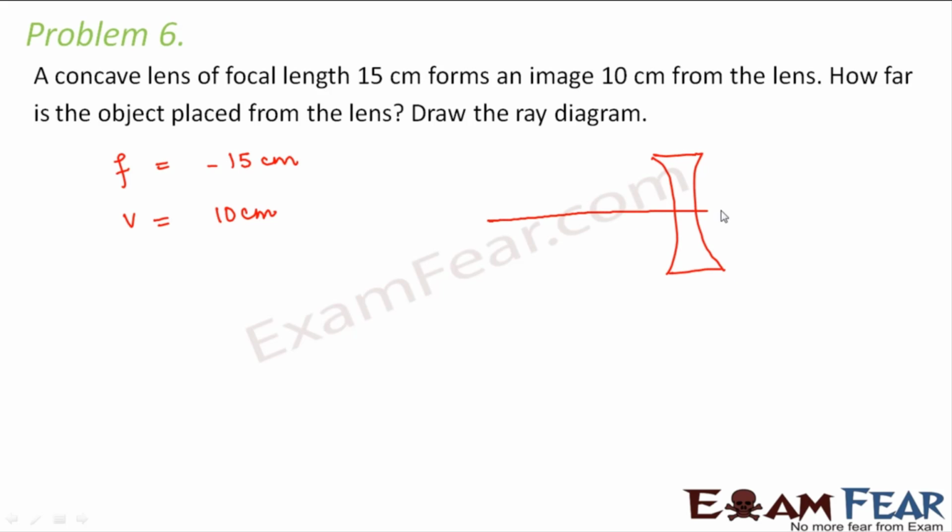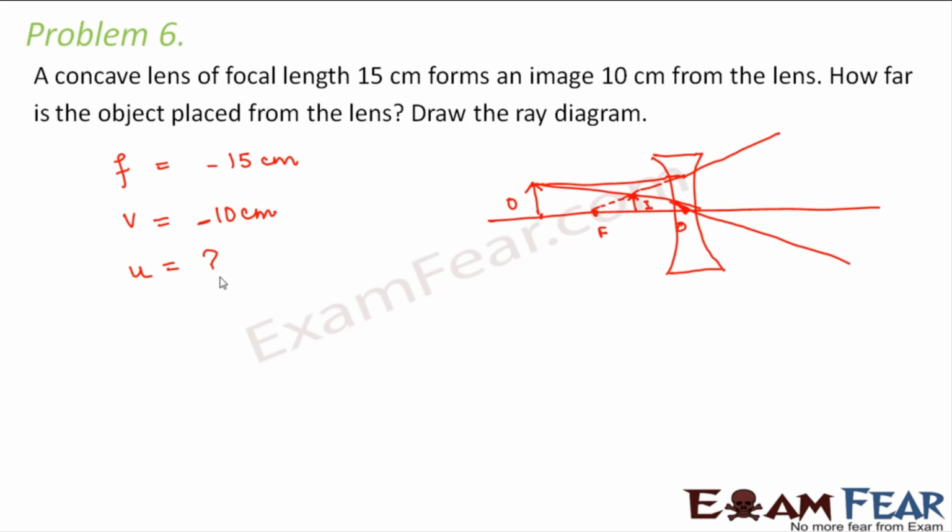This is a concave lens. This is the principal axis. Now let us suppose the focal length f is here. This is my object O. One ray of light passes through the optical center and goes undeviated. Another ray of light parallel to the principal axis gets diverged after refraction. When it is joined back, both meet at this point, and this is the image formed. Right? So in this case, my image is formed at this point. V is also negative because it is on the left hand side compared to the optical center.